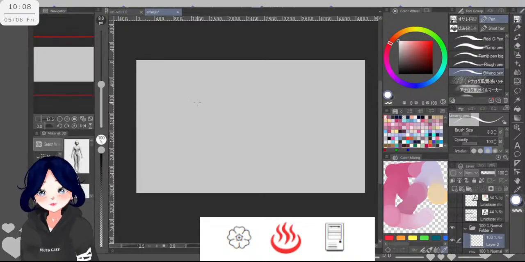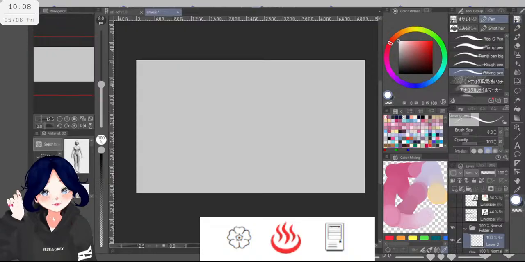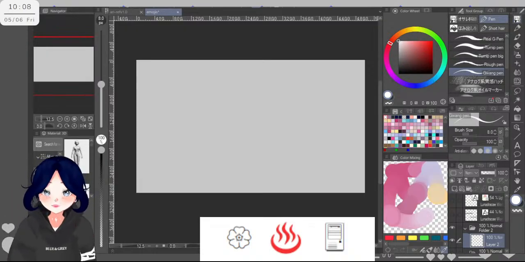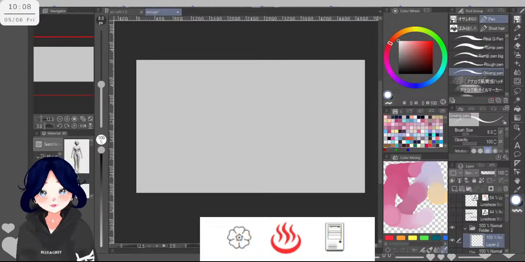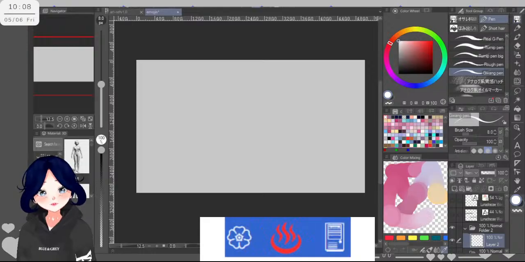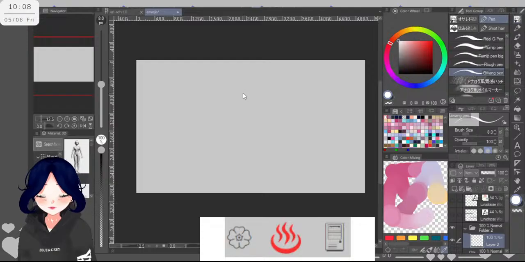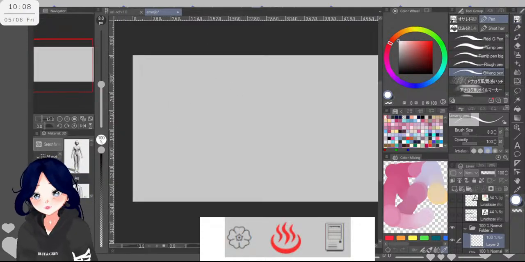So I forgot to copy those and paste them on my app, and for some reason I can't take a screenshot of this. So let's see if I can copy. Oh, okay, doesn't work, but we have the flower.